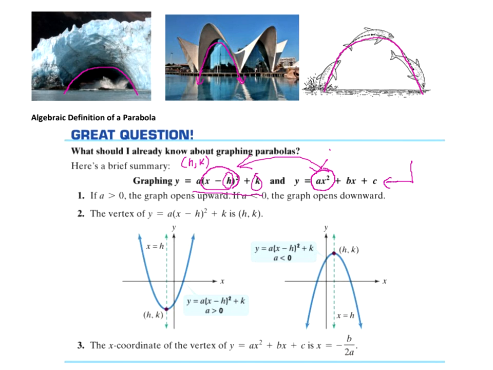Some of the important things that you need to remember is that if a is greater than 0, the parabola opens up. That would be the picture on the left there. If a is less than 0, or negative, then you're looking at a parabola that opens downward. Hopefully you remember that these always open up or down, which is kind of unique with how we're going to look at it today, if you come from the perspective of a conic section and slicing that conic section off at an angle to create the parabola,